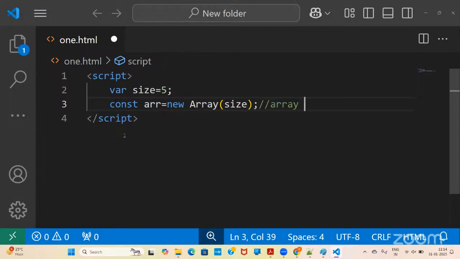What is this? Array creation. So what is the size of the array? 5. What is the size of the array? 5 or